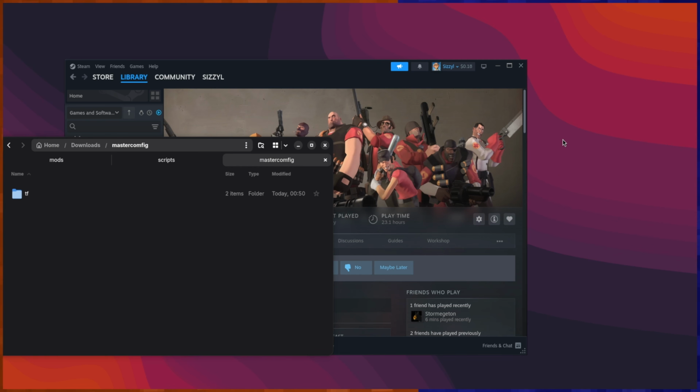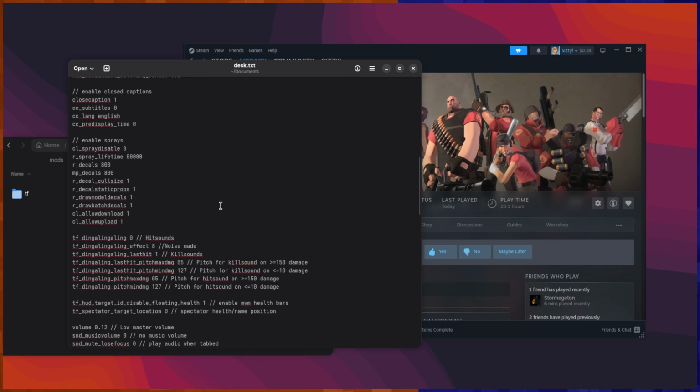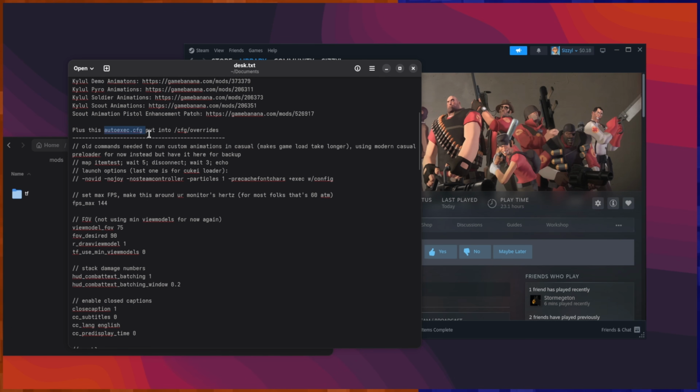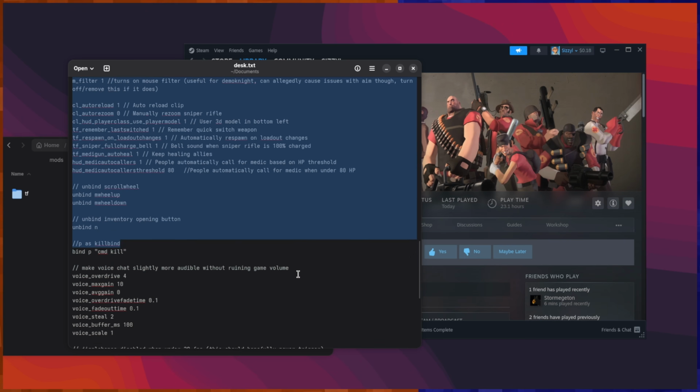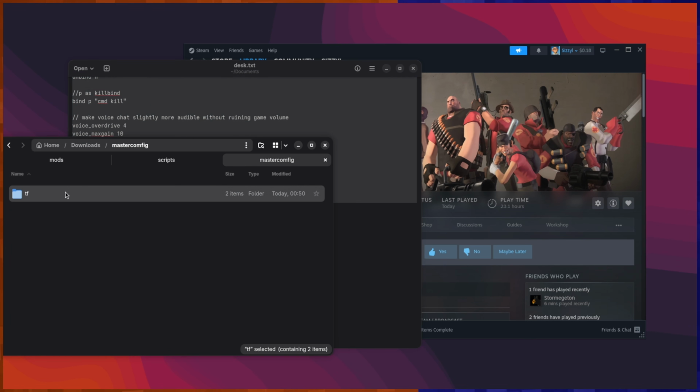So I'm going to minimize this now, because we shouldn't need that anymore. And you can see here's what's going to be in the description. This is all going to be in the description. What's important about that is you'll have this autoexec.cfg thing to put in overrides. We're going to actually grab all of this down here, which you'll have to grab from the description. Copy that, then go into here, then to